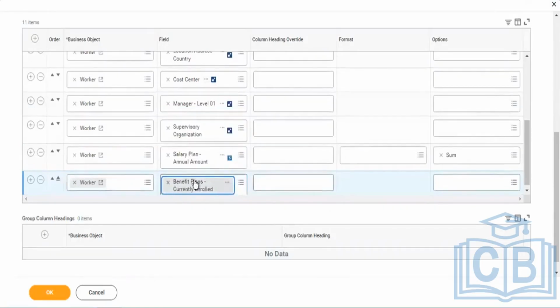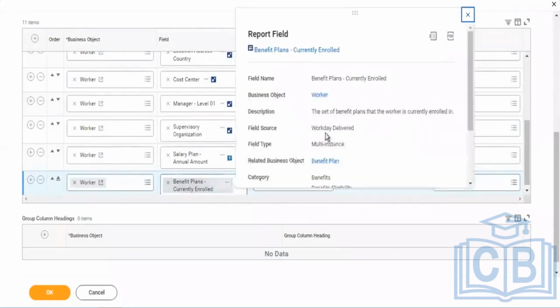If you see here, Benefit Plans Currently Enrolled is a multi-instance type.